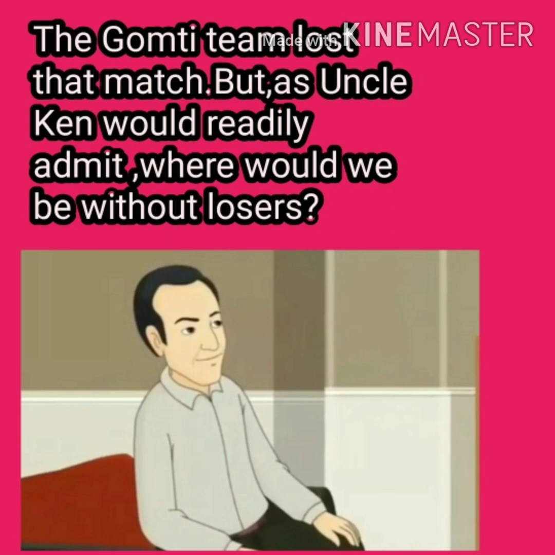This thing Uncle Ken readily admits. Admit means to accept. Though the Gomati team lost that match,